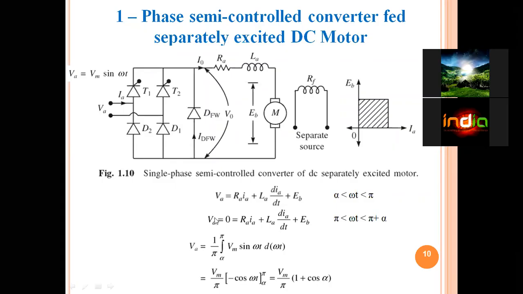Based on this alpha parameter, which means based on this phase angle or triggering angle, we can control the thyristor T1 as well as the thyristor T2, so that we can regulate the average output voltage which can be produced by this semi-controlled converter.